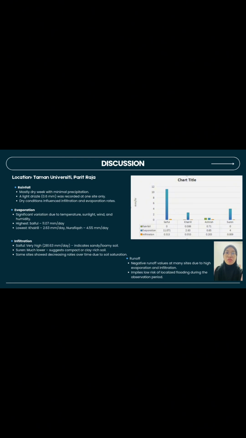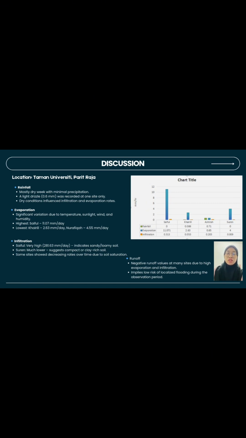Next is infiltration rates, which also show big differences. The Cyprus location had very high infiltration, about 21.6 mm per day, which suggests the soil there is sandy or loamy and absorbs water easily. On the other hand, the Sudan site had very low infiltration, likely due to compact or clay-like soil that holds water